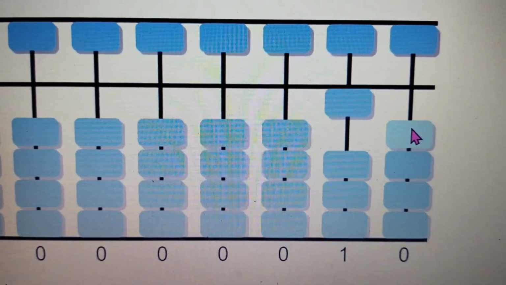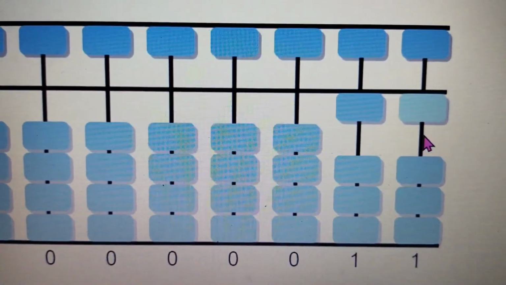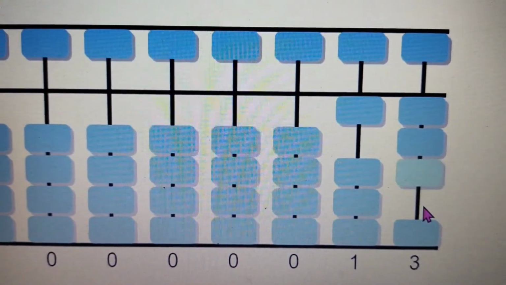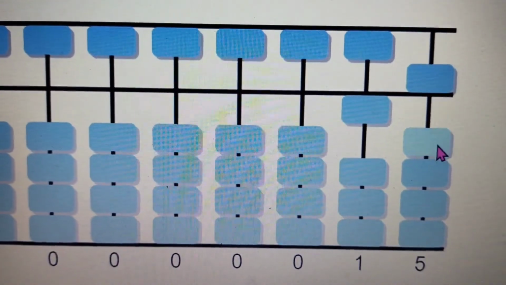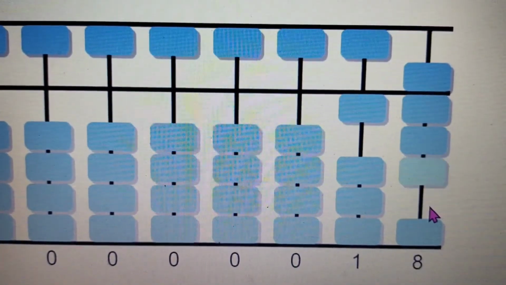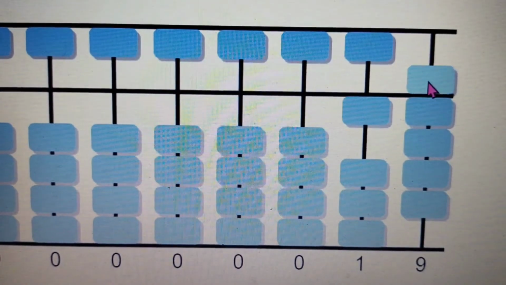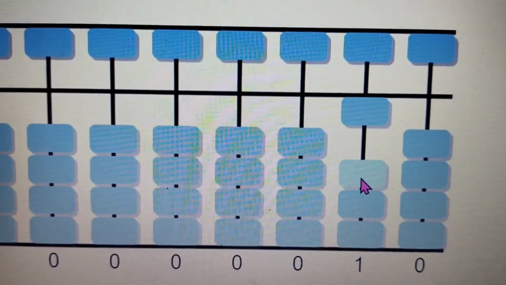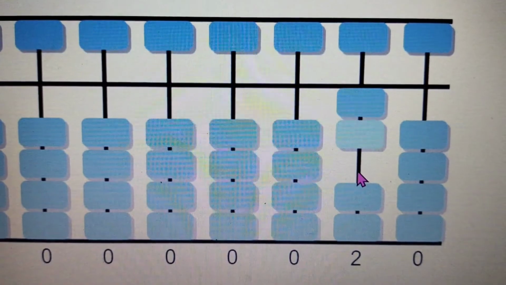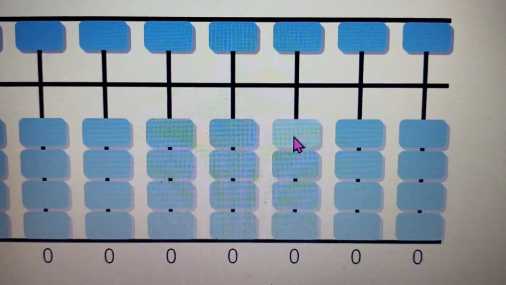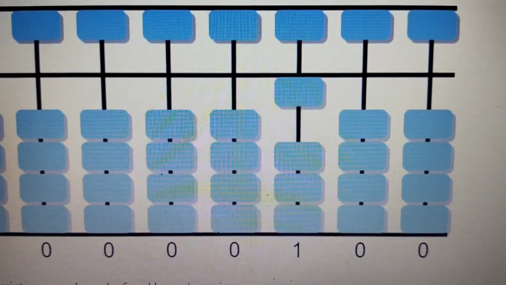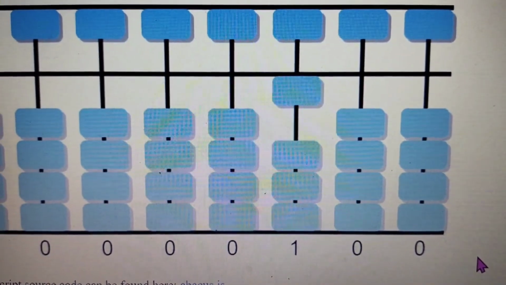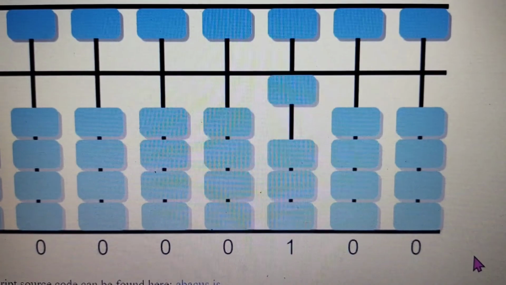This is very good for initial practice for you all. 11, 12, 13, 14, 15, 16, 17, 18, 19, 20. So this way children, till 100, you have to practice counting through this online abacus as well, so that you get clear about the value of the abacus.